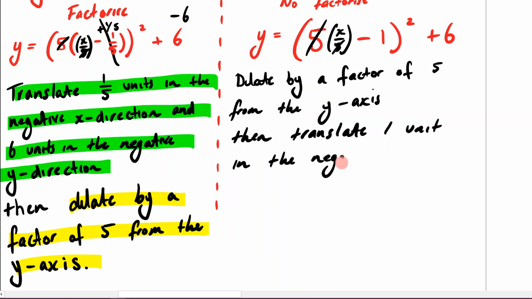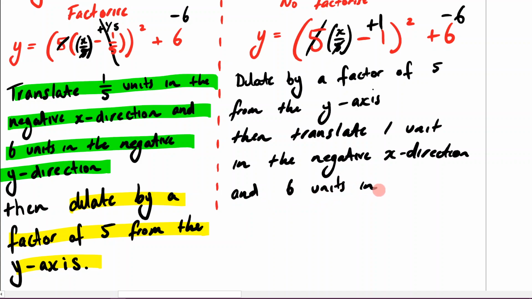I'm very afraid that I'm going to say the wrong word. So what's originally happening here is that I'm moving it 1 unit in the positive x direction. So to undo that, I go 1 unit in the negative x direction. So I'm plussing 1 there. And then I need to get rid of that 6. That's the easy one. And 6 units in the negative